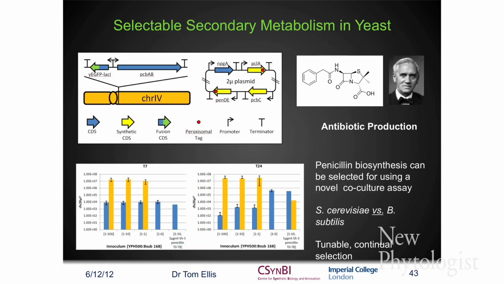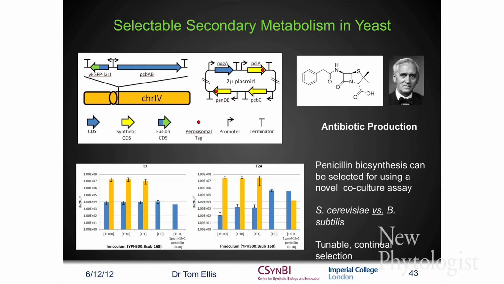And we're interested in, and have now kicked off, a project to try and mimic that in synthetic yeast, where we're doing synthesis of the antibiotic penicillin, which has a history of being discovered at Imperial College. We have the genes now in plasmid form in our cells, and we have this very cool selection method where we co-culture our yeast against B. subtilis. We can nicely tune the amount of yeast and B. subtilis at the beginning of that co-culture, and it provides a continual pressure during a batch growth